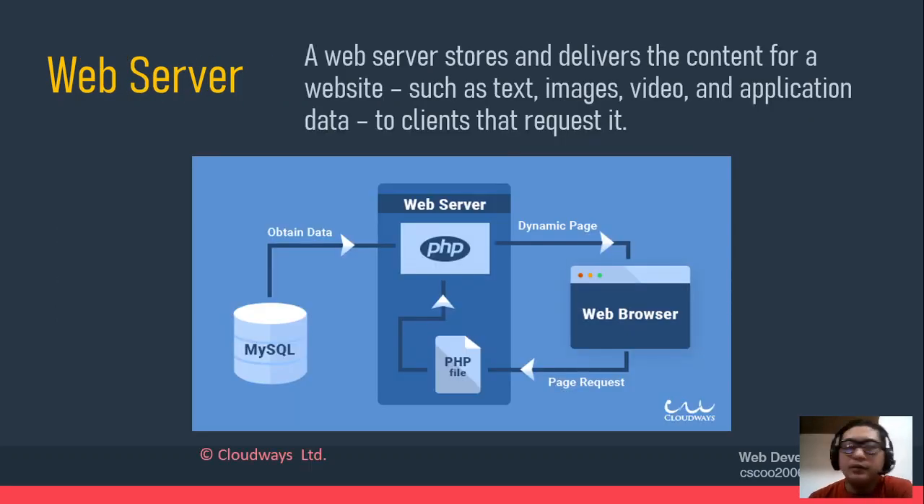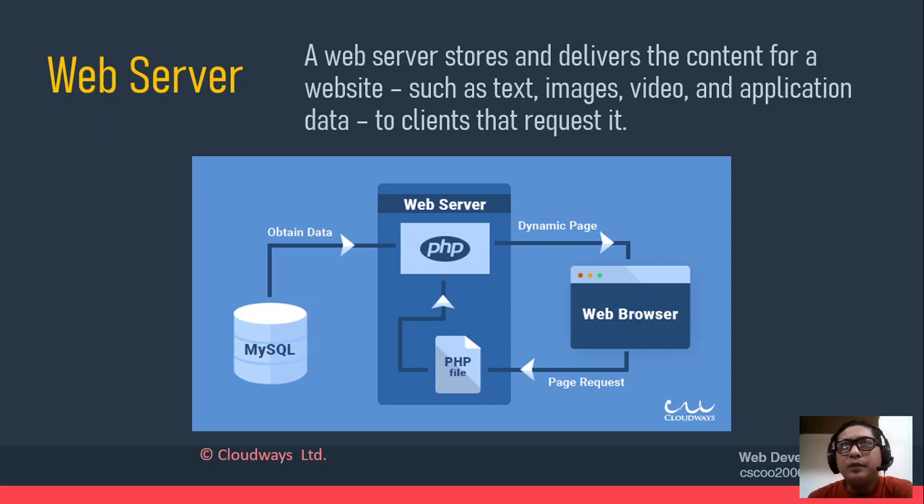Okay, a web server. Since we are dealing with dynamic pages, we will be using a web server. A web server stores and delivers the content of websites, such as text, images, video, application, and data, to clients that request it. So basically, when we use PHP, we need to implement or use a web server so that we can display or communicate with the user's browser depending on what the user needs. For example,